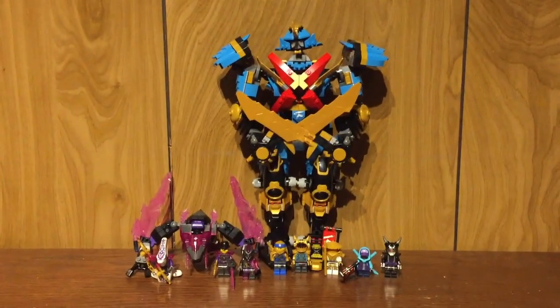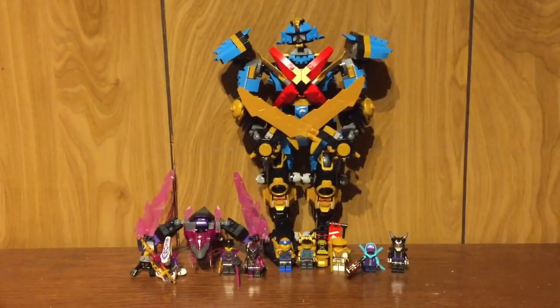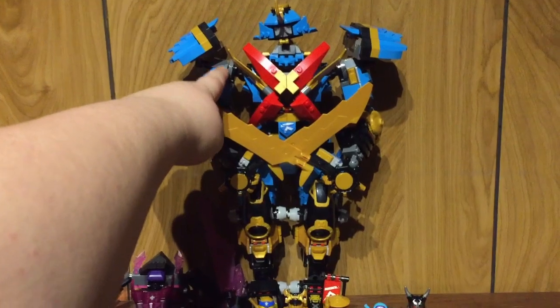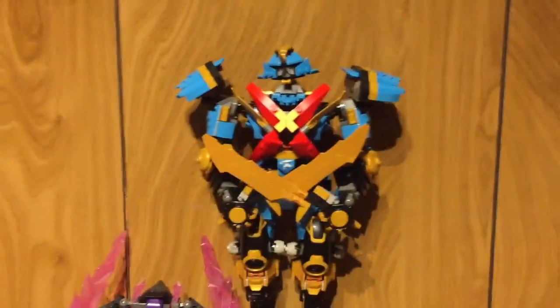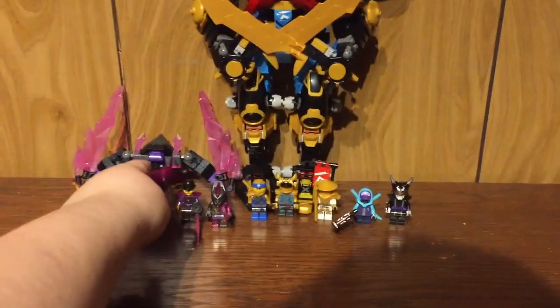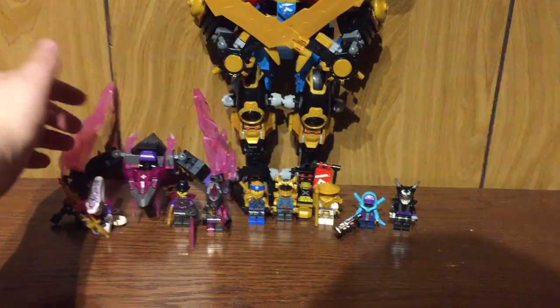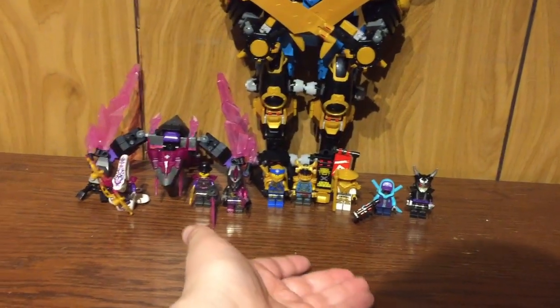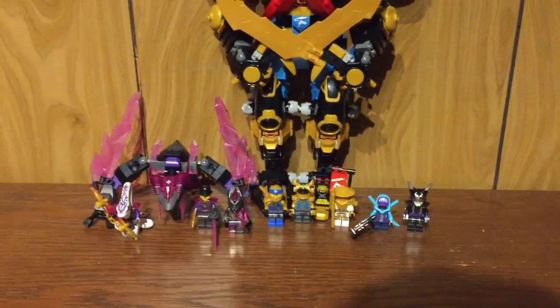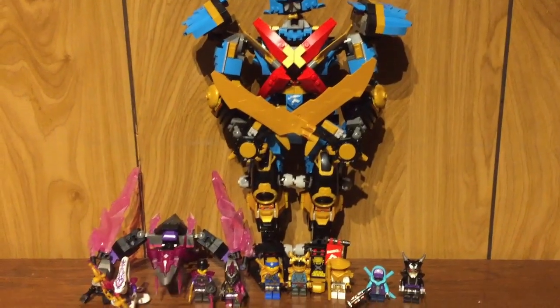Overall, it's an okay set for what you're paying for, 150 Canadian. I do wish that, you know, with the arms being the way they are, that it would be a better connection. Head entirely needs to be redone, but especially with all the other issues I had. But you do have a decent minifigure selection, all of which are probably going to stay exclusive, plus the value alone of the exclusive minifigures does make up a good chunk of this set,